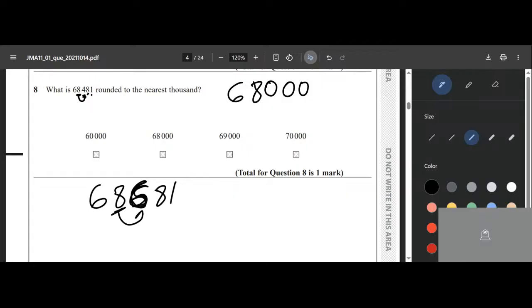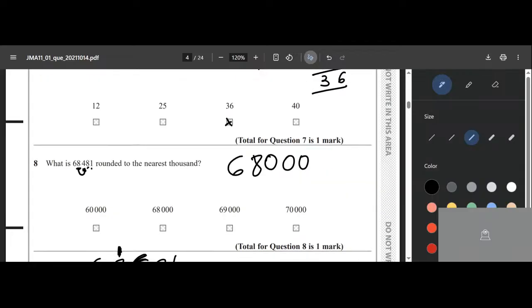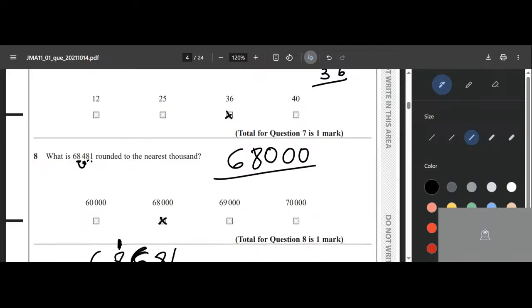Then the next number was above 5. You are supposed to add 1 on the other side, so that we have 6, 9. You have 1 plus 8, then the others replaced by 0. But for this case, our equation is not having a number above 5. Therefore, the right answer for question 8 was B. Then now we can proceed